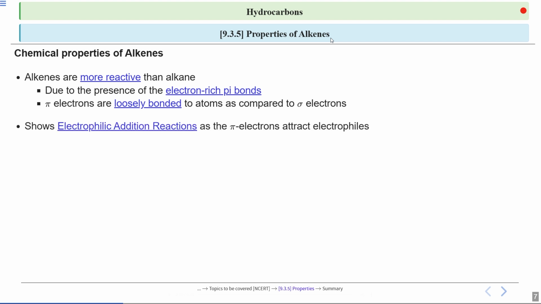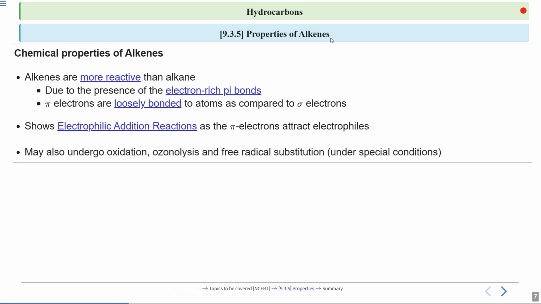Got it? Now they show electrophilic addition reaction due to this pi electron. So you know it, if they are electron rich, means they will attract electron loving species towards them. And as a result of this attraction, they show electrophilic addition reaction. Apart from this electrophilic addition reaction, they may also undergo some other specific reactions like oxidation, which is basically, I